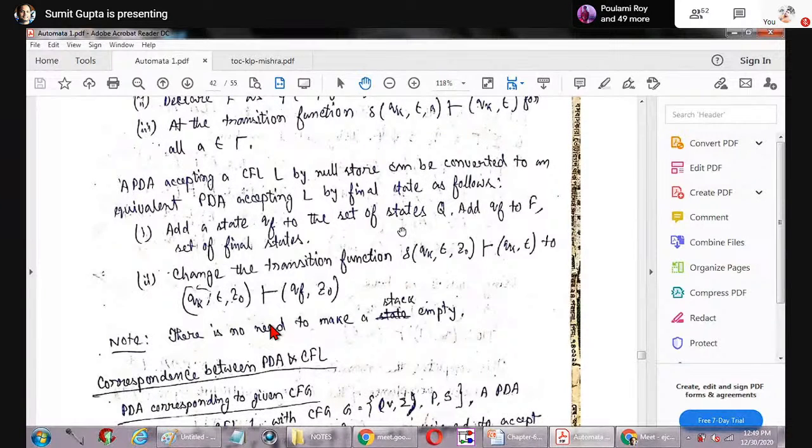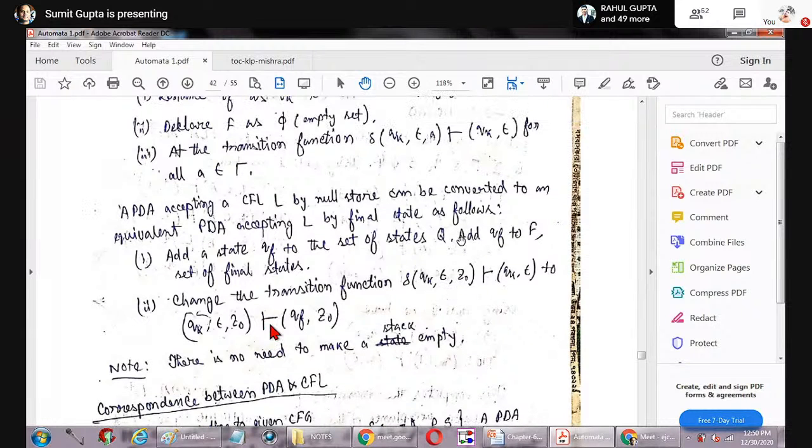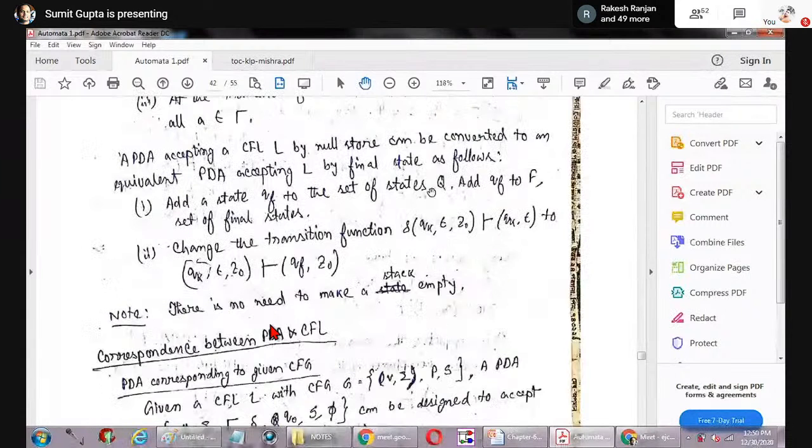Suppose যেটা নরমাল ছিল delta of QK, epsilon, Z0, যদি এরকম একটা ইনস্ট্যান্টেনিয়াস ডেসক্রিপশন হয় পুশডাউন অটোমেটা, দ্যাট উড বিকাম QF, epsilon, না মানে যদি এই গোটাটা হয়, এখানে কী ছিল QK, epsilon, Z0, মানে সাপোজ Z0 বা কিছু থাকলো, বুঝতে পারলে কী বলছি? মানে আমাদের কাছে তো আগে এটা ছিল, এটা তো আমরা কনভার্ট করছিলাম ইনটু নাল স্টোর ফরম্যাট, বাট যখন আমি ফাইনাল স্টেটে করব, তো এই ধরনের ট্রানজিশন ফাংশনটা যেখানে QK, epsilon, Z0 আছে, যেটা দিচ্ছিল প্রথমে QK, epsilon, now it will be transformed into QK, epsilon, Z0 will give QF, Z0, মানে QK টা আমি QF বানিয়ে দিচ্ছি।